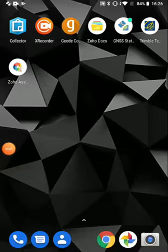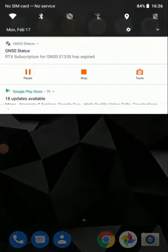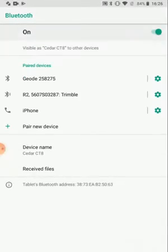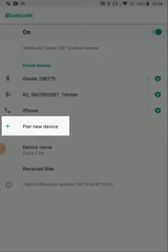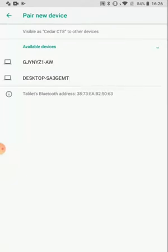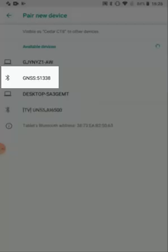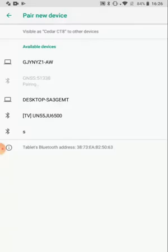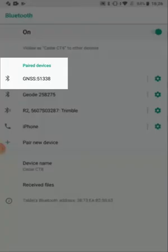To connect my R1 to my Android device for use in TerraFlex, I first need to go into Bluetooth on my device. Tap on Pair New Device. It will search for Bluetooth devices in the area. I see my R1 receiver there, GNSS, with the serial number. I tap on it to pair, allow it to pair, and then it will show up in my list of